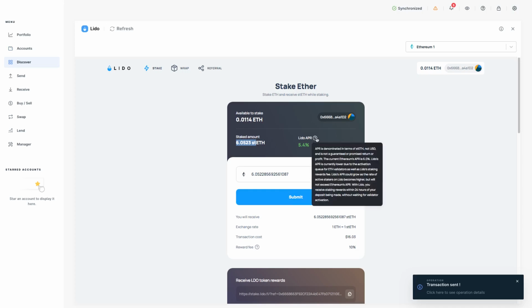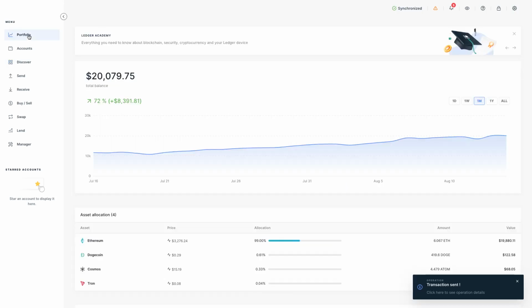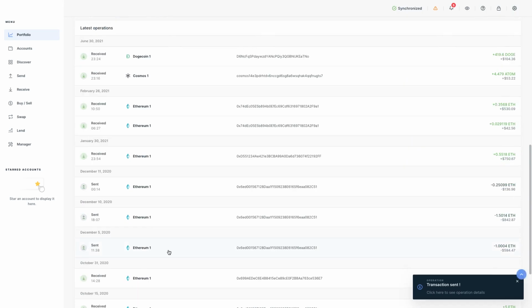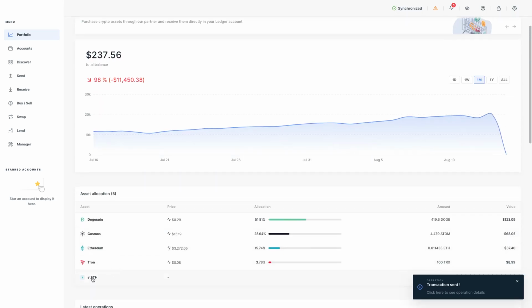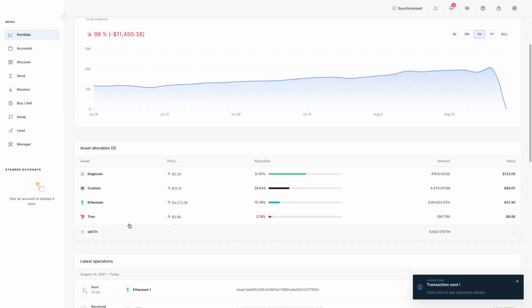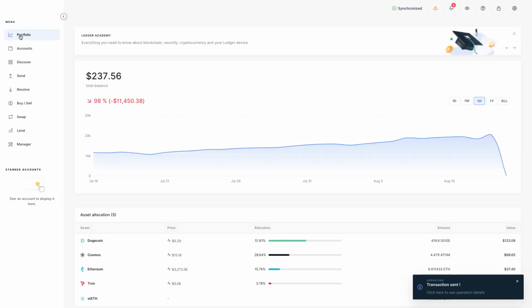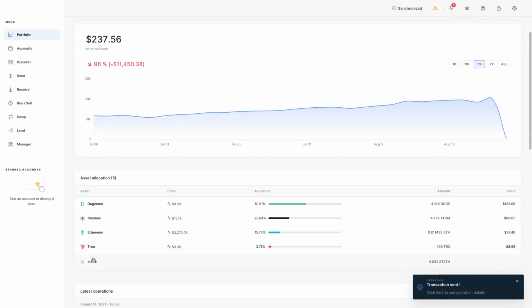that will be earning me 5.4% a year APR. Check my portfolio here. Let me see if it's actually going to show me. Yep, you see at the bottom here. You can see my staked ETH is 6.052286 is my staked amount of ETH. Powerful. So now all of my ETH has been staked